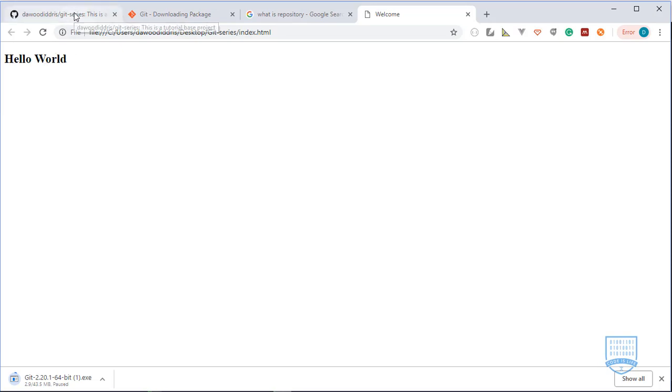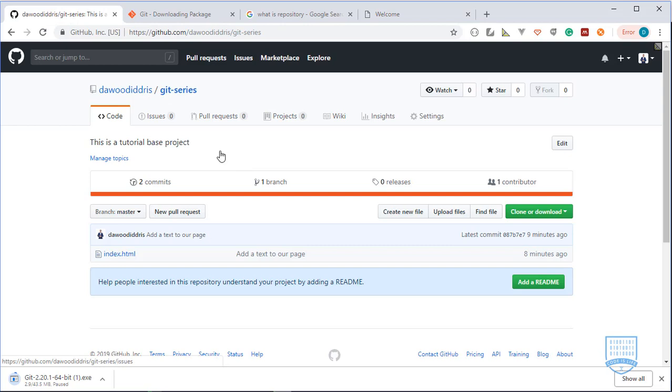All right, and this is the hello world we have. Now we've pushed our first project to Github, and you see how simple this is. There is only one contributor because I've not added anyone, but you can add someone to contribute to this particular project, and that is how fun it is when you use Github. It also tells you the number of commits I've made and the number of branches I've created. I'll be teaching you how to create a branch, and when we are done, we'll connect this repository to Github and to Microsoft Azure. Maybe in the next episode I'll teach you how to do that, and we'll keep making our project fun until it gets to a